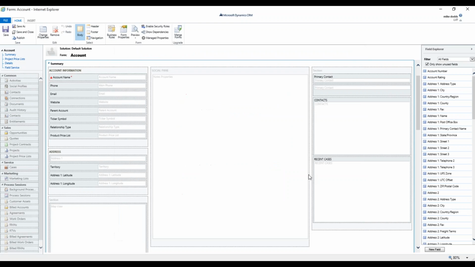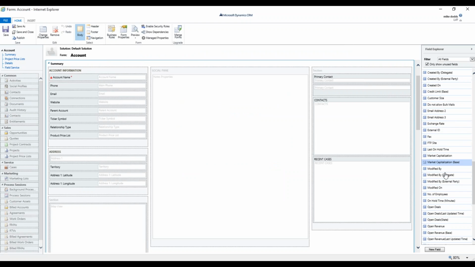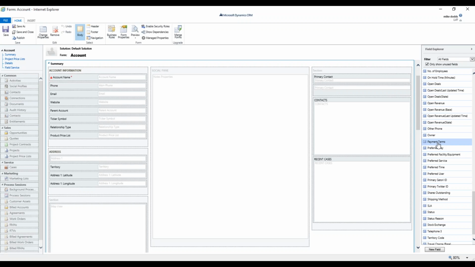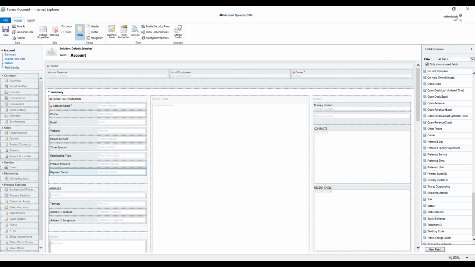And once your field is created, it's going to appear over here on the right-hand side. Once it finishes loading, which takes just a minute, we're going to scroll down on the right, and we're going to find payment terms. And we're going to move it right over into the summary section. So there's payment terms. Then we just do a save and publish,